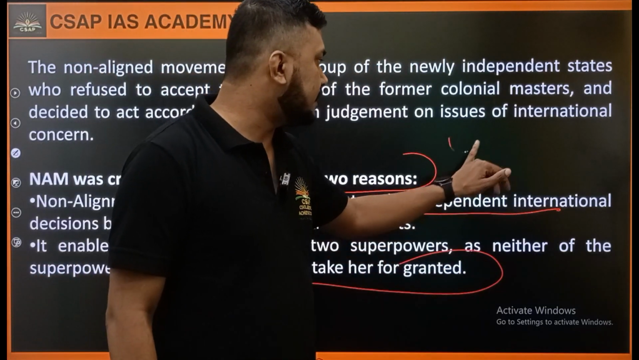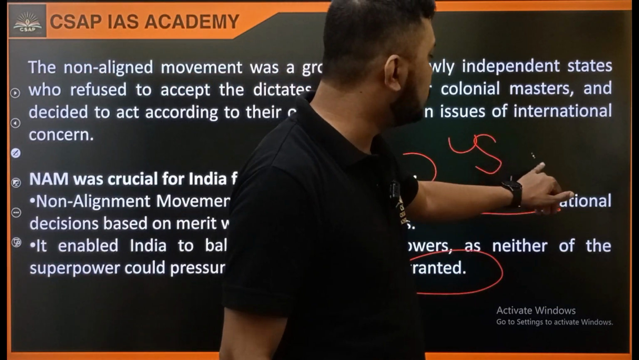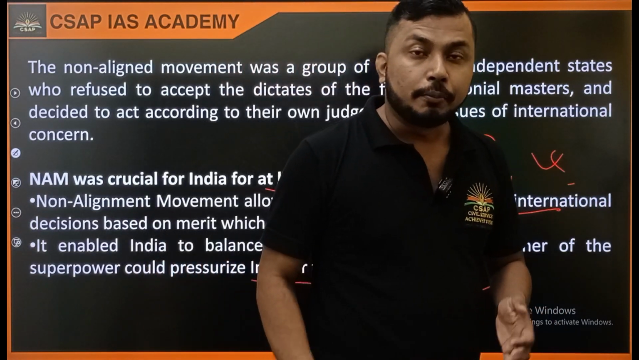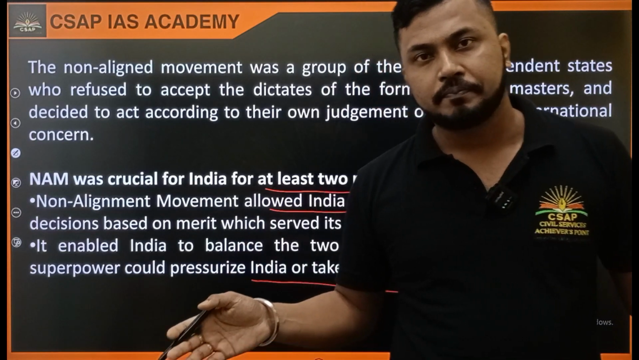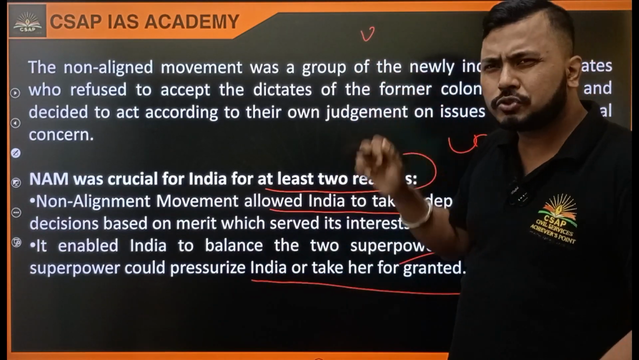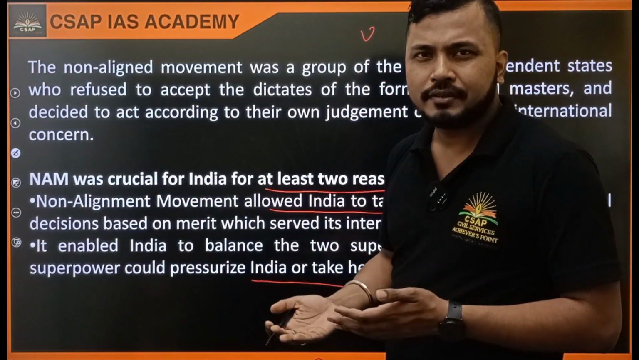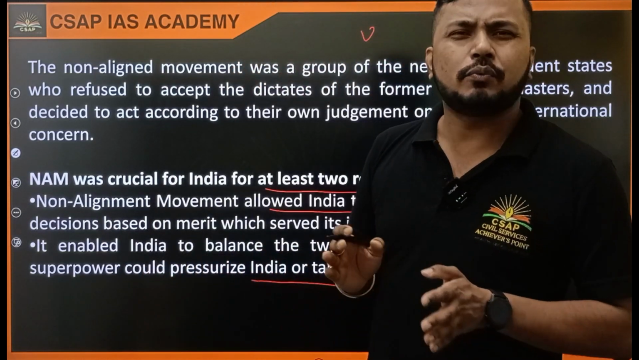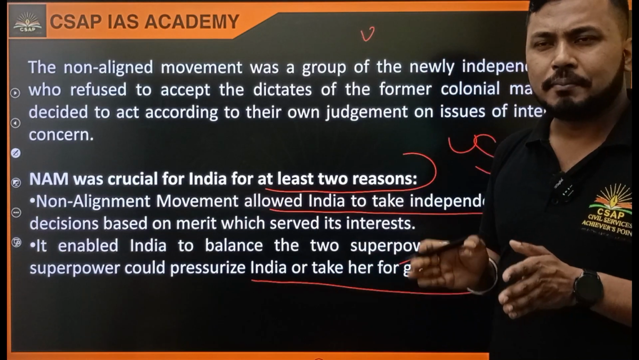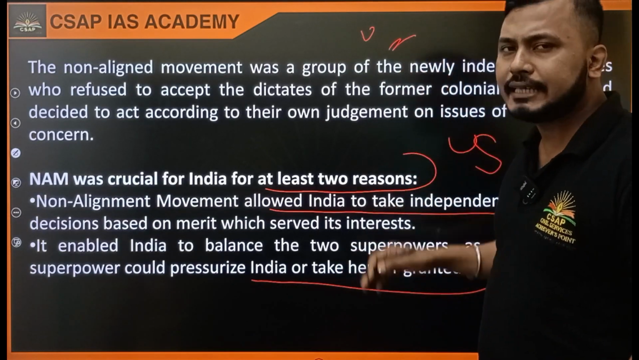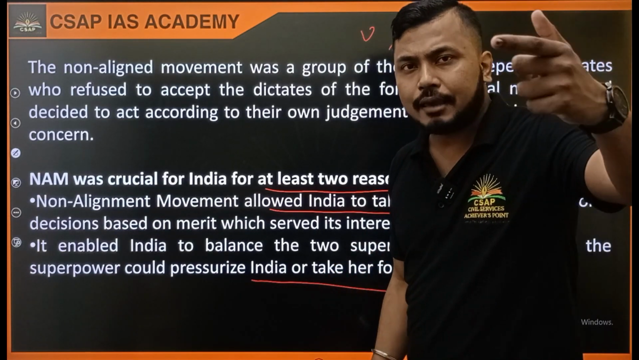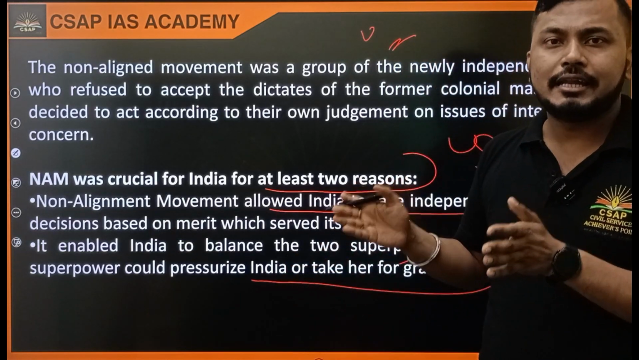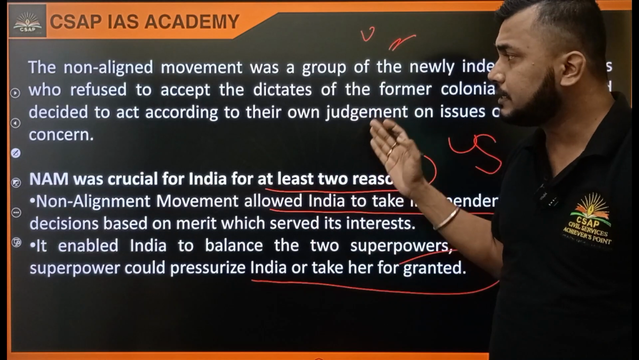Because if we had chosen the USA or if we had chosen the USSR, at some point of time it would have been difficult for us to balance these two superpowers. Today we are balancing, because today we are stable enough, we are capable enough that we are balancing it very well. But at some point of time, during the time when we directly got independence, it was difficult for us to balance these two